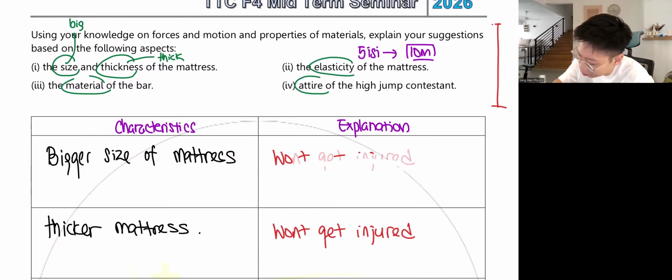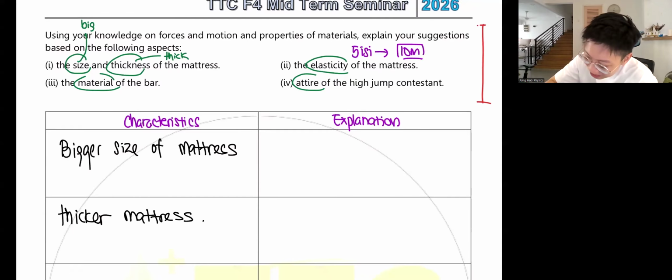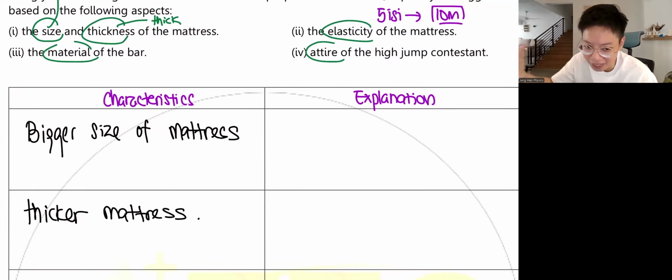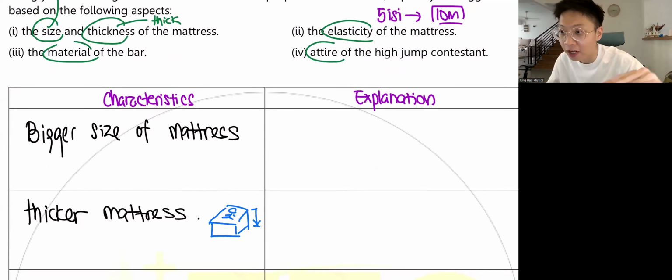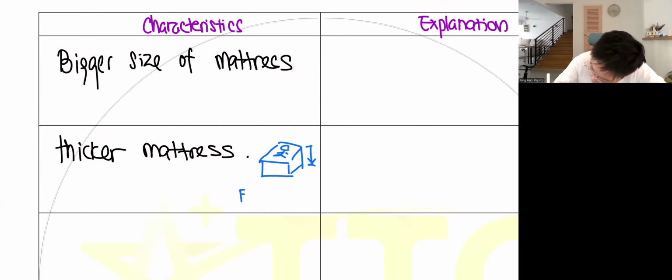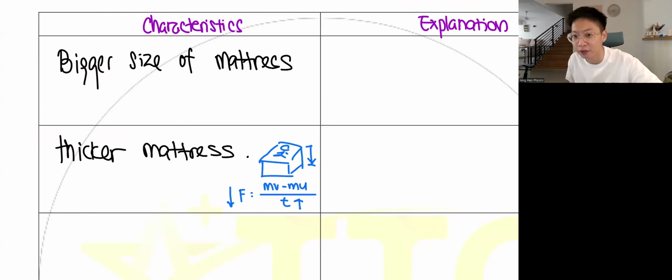We want our answer to be as physics related as possible. So guys, when you have a thicker mattress, when the person lands on it, this tilam will kemek, correct? It will go in, right? So that process actually increases the time or reduces the time? It increases the time of impact, right? Because this is related to our watermelon example just now, which is mv minus mu. So I will increase the time of impact so that I can reduce the impulsive force acting on the person so the person won't get injured.